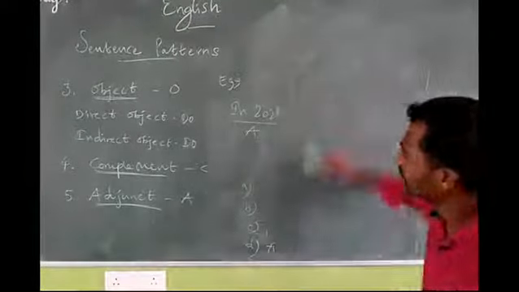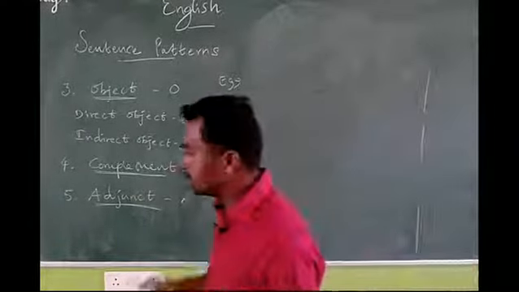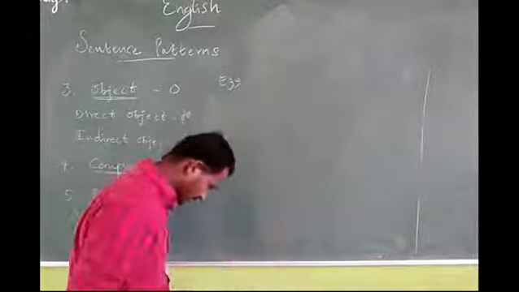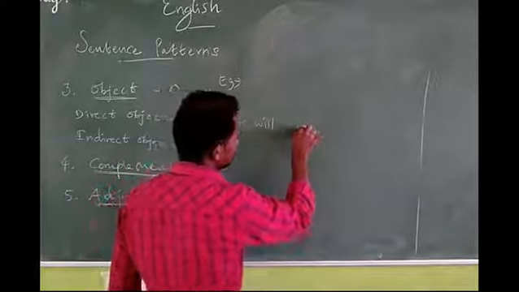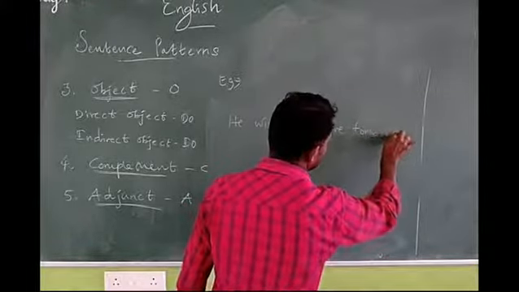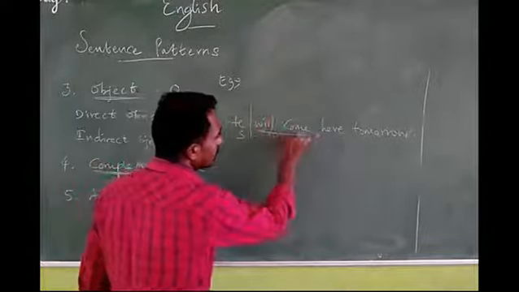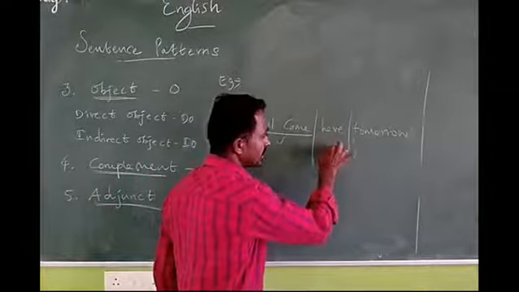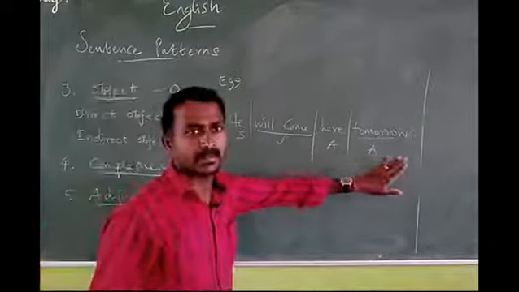Sometimes questions may suddenly come where we have to write agent blindly. This type of questions they will ask. For example, he will come here tomorrow. Here he is the subject, will come is the verb. Here is the place mentioned, that's why agent, and tomorrow is the time mentioned, that's also agent. So the given pattern is S V A A.